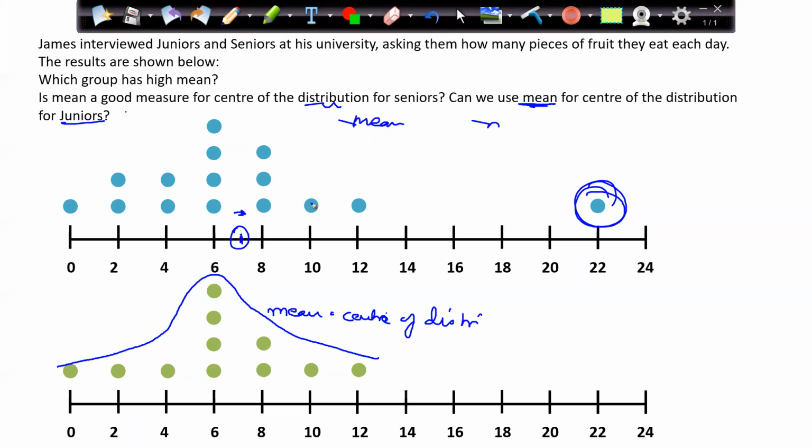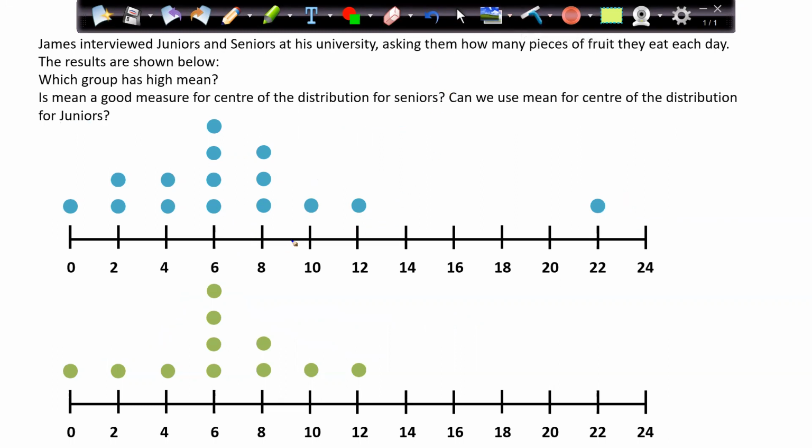If I want to calculate the median, I can again do the calculation. So let's calculate the median for both data sets. Here I have 0. Basically, we have 15 records, so I want to go to the 7th record. 1, 2, 3, 4, 5, 6, 7. So my median comes out to be 6. Same way here, I have 11 records, so I want to go to the 6th record. 1, 2, 3, 4, 5, 6. This is my 6th record. So this is also coming out to be 6.